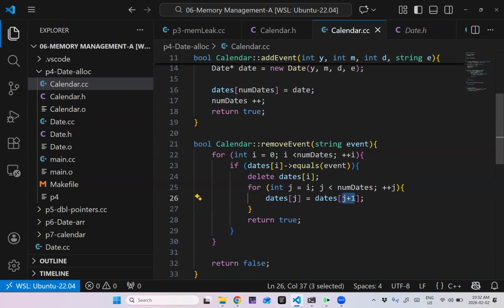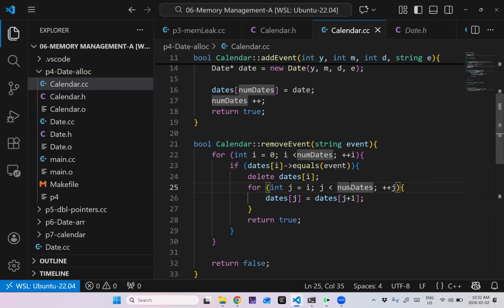Num dates is empty technically. So I'm going to copy some garbage into the next location. It's not going to hurt anything for a long, long time until my array is completely full, and then I'm going to try this and I'm going to get a seg fault, well, if I'm lucky, or I'll get some weird data.